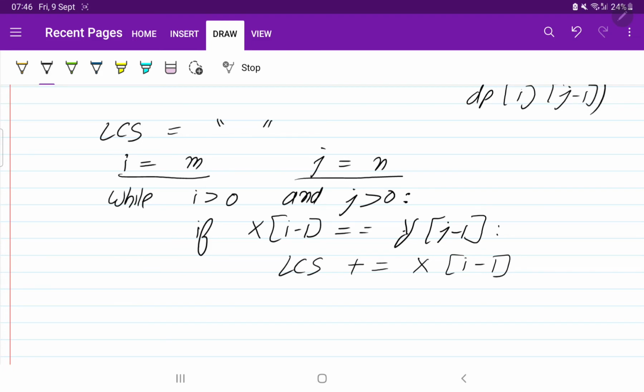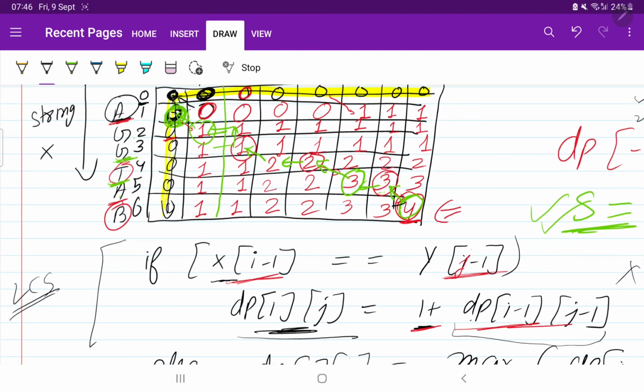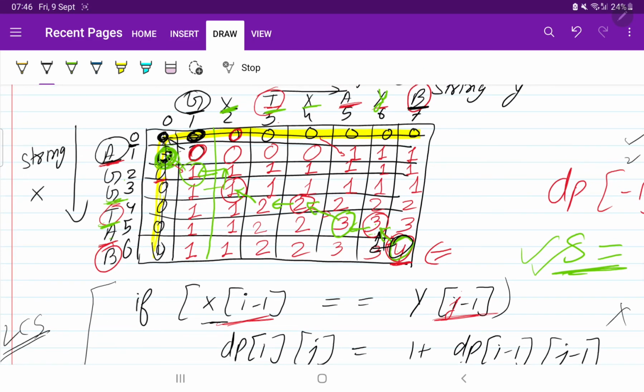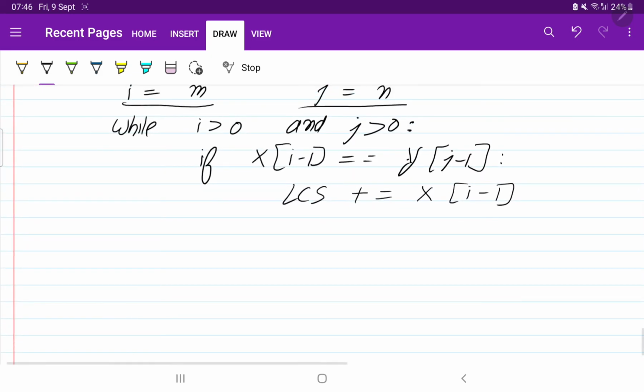After adding, we were going in the direction from where we came. It means we are reducing i by 1 and also j by 1. We have added this element b. Now we will move to i minus 1 and j minus 1, so it will be i minus equal to 1 and j minus equal to 1. So we have come this side. This was the condition when the elements are equal.